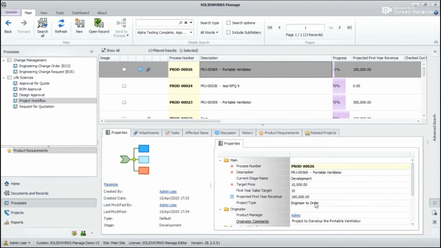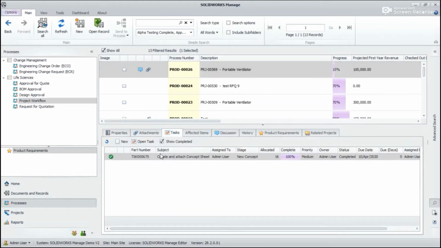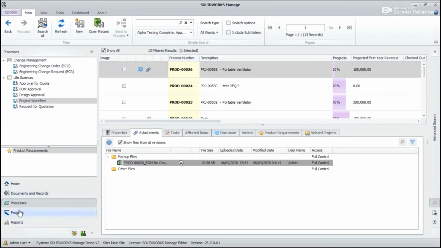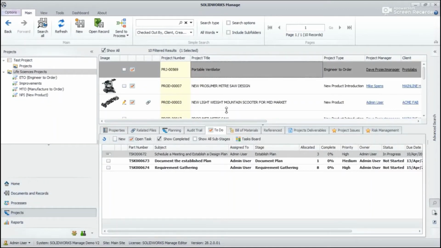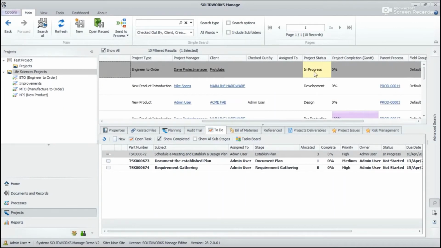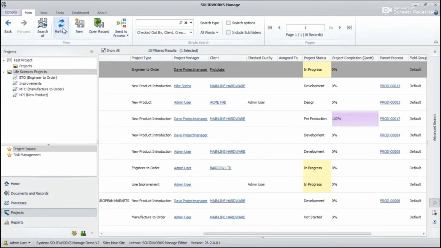You can see the progress at 10%. The task is marked as completed. You can see the attachment. Now we will go to the project. You can see the project is in progress. So you click on refresh,